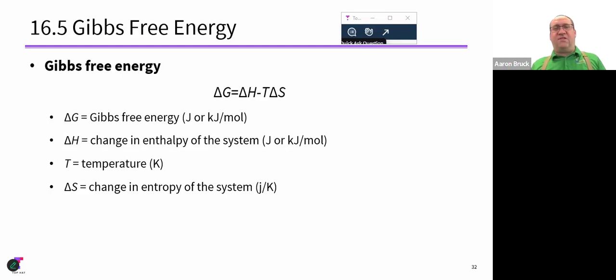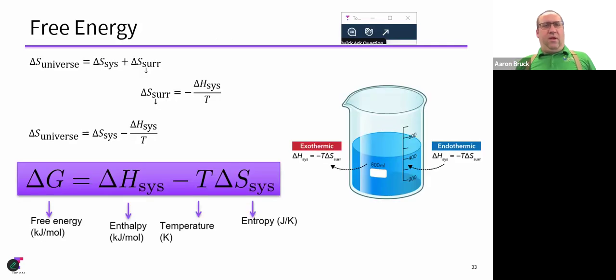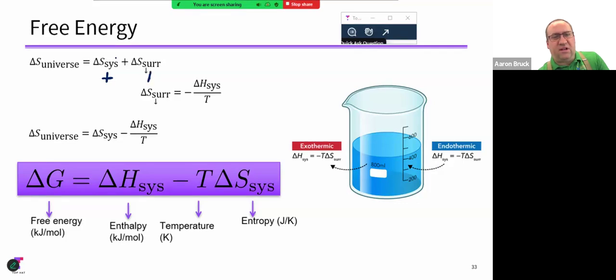Now, what does this have to do with spontaneity? Well, we have to start thinking about what it means. We know that we want the entropy of the universe to increase. So positive entropy in either direction is what is needed for spontaneity. And if I start looking at things here, based on what we saw about the entropy of the surroundings being related to the system,